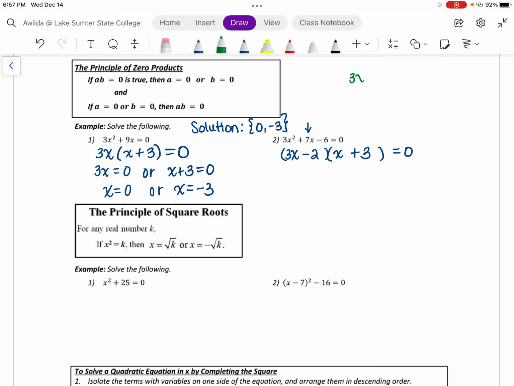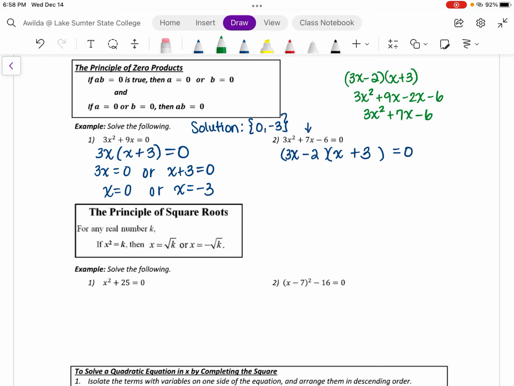Let's go ahead and multiply 3x minus 2 by x plus 3 by distributing, and let's just verify that we get back to 3x squared plus 7x minus 6. Again, distributing using the FOIL acronym, first times first gives us 3x squared, outer times outer gives us a positive 9x, inner times inner gives us a negative 2x, and last times last gives us a negative 6. By combining the two middle terms as like terms, we confirm that we do indeed end up with the original